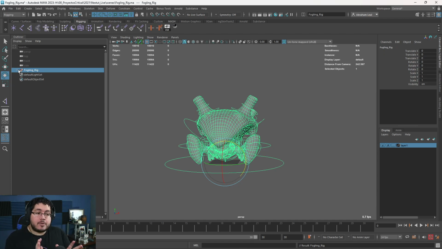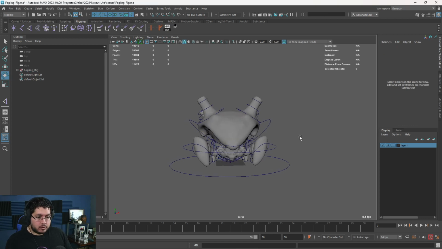So if you are on the fence about learning rigging, I do think if you're going to be a character or a creature modeler, it's really, really useful. Not because you're going to be a rigger, but because you understand things. And when you model things, like when we were doing this character on the sculpting phase, you know how things are going to work or not. And that makes you, or allows you to make some decisions that are a little bit better for the overall process.